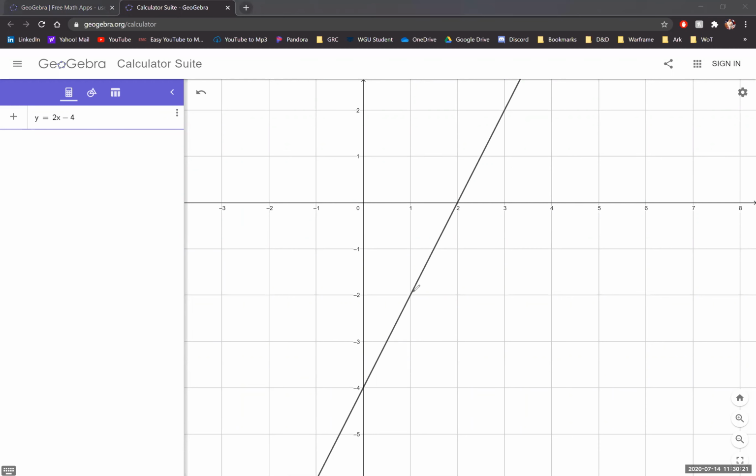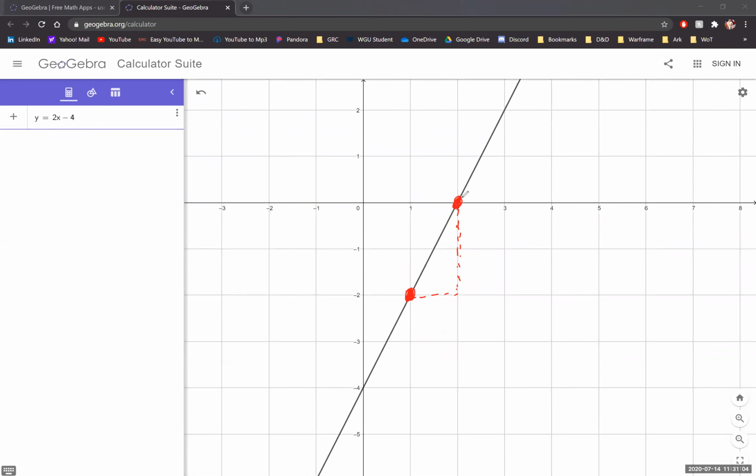Okay, so we had a point set up for ourselves. I'll do this in red so it stands out. A point set up for ourselves right here, and a point set up for ourselves right here. Now again, we want to see how far horizontally and how far vertically we are moving to get from one point to another. So horizontally, we're moving there. Vertically, we are moving there. Now, I've set up my triangle this way. You could just as easily set up your triangle that way as well. It does not matter. You just have to pick one and move forward with it.